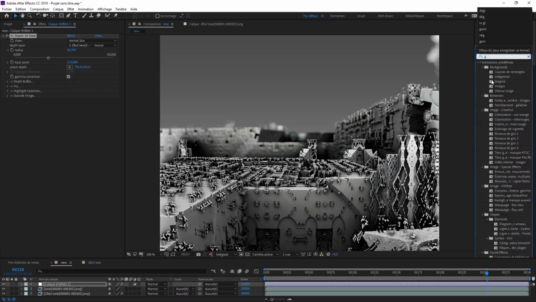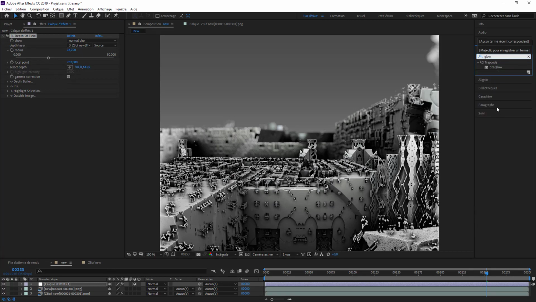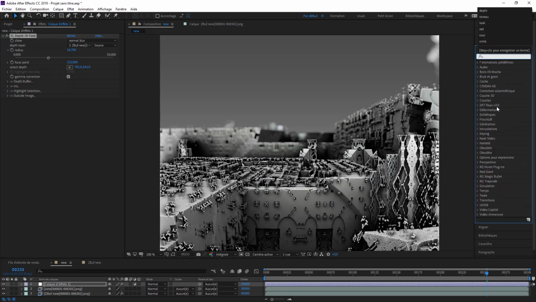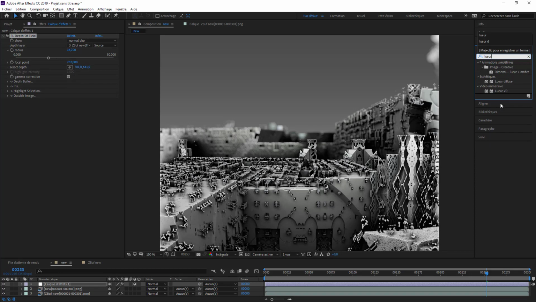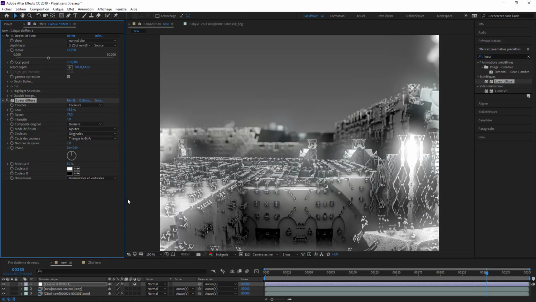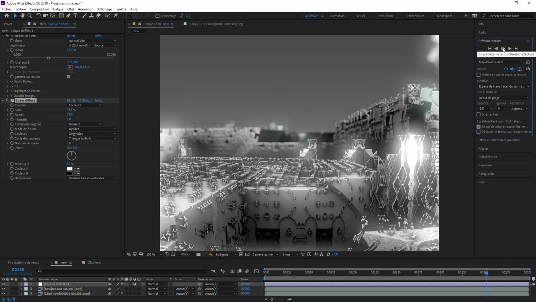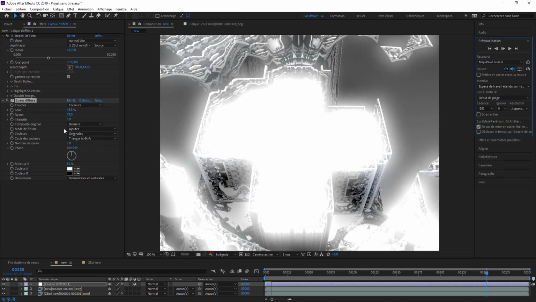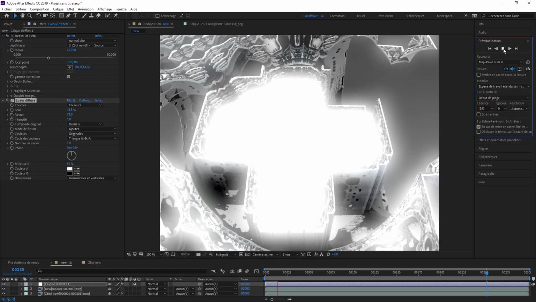But for me, it's a French version, so L-U. You add this effect, and you see now light areas glow. You can play with this value to make it stronger, increase the radius if you want. If I press play, you see it's too dark, so I will pause and adjust from there.